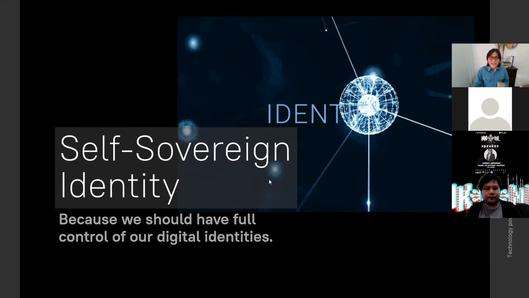So to give you guys an example, let's say you use your Facebook account to log into most of your applications. Then all of a sudden, a change in Facebook's terms of service decided to impose a geographical restriction of its use in the Philippines. So, basically, let's say Facebook just got tired of all the social media propaganda happening here in the Philippines. And when this happens, you will suddenly find yourself locked out from your linked accounts.